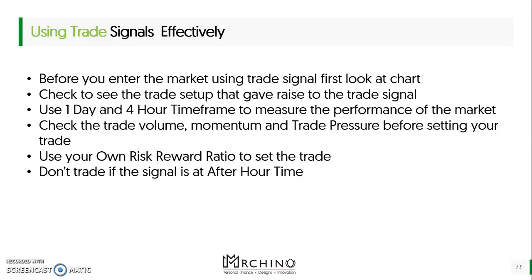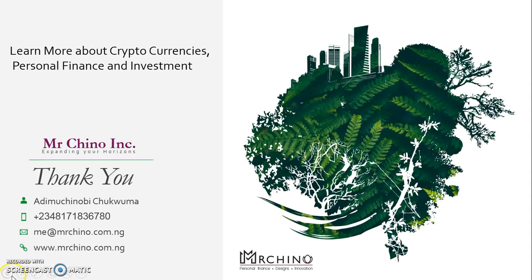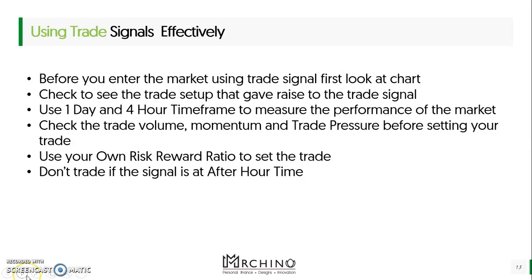Sometimes I use other people's signals, and this is my secret. I use other people's signals as my trade scanning, right? I use it to scan for trades. If I get a trade, I will look at it, and if it is an obvious uptrend, I know there's a possibility of trading Fibonacci retracement. That's why I trade Fibonacci retracement most often, because I just make a little profit out of the market and leave. So these are the ways of using trade signals effectively. So we have come to the end of this topic.